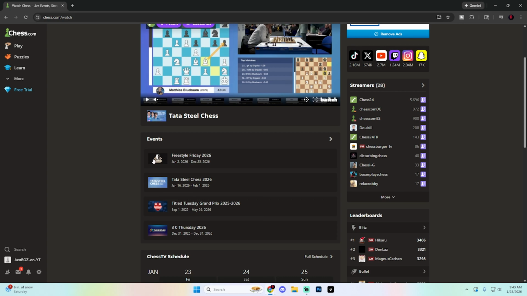That's pretty crazy. This functions the exact same way here on mobile. The only difference is you do have to filter it in this little More section a little bit more. But that is it. That is how you can watch your friends and streamers here on chess.com using both mobile